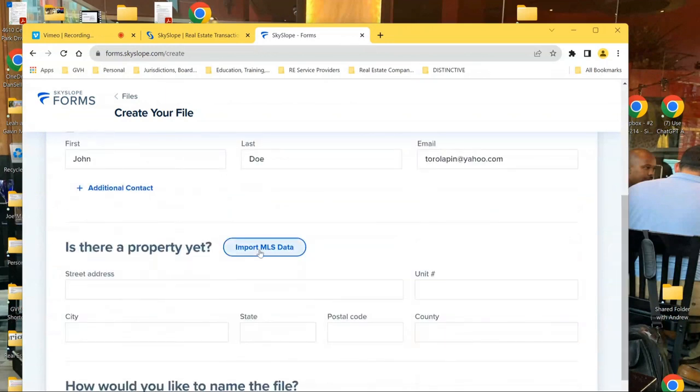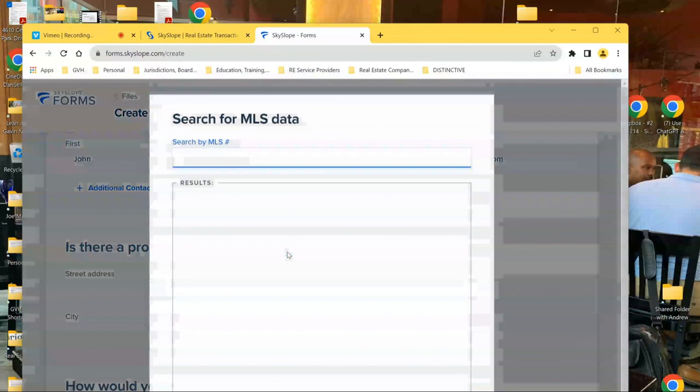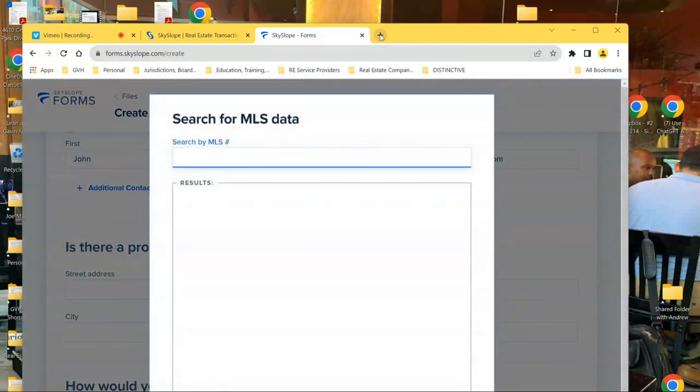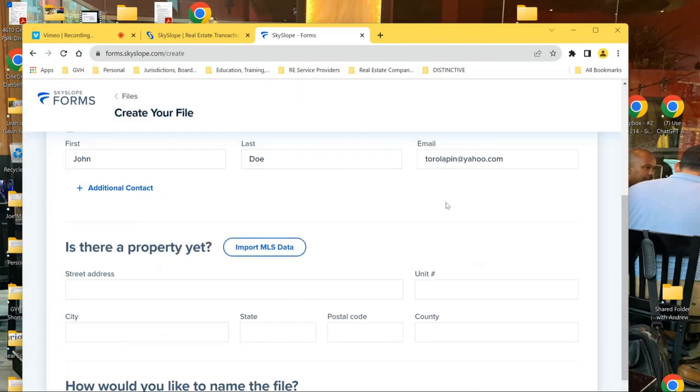If we did have a property that we were going to write right off the bat, then we could go ahead and plug it in here. It would automatically link to the MLS, and we could plug that in here, and it would automatically populate a lot of the fields. But in this case, we are not doing that. So I am going to go ahead and eliminate that, and I'm just going to say that there is no property yet. Because in reality, we should be filling this out and starting this before we actually have a property